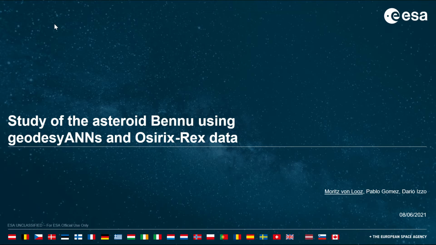I'm presenting joint work with Pablo Gomez and Dario on using GeodesyNETs to study the asteroid Bennu, especially with OSIRIS-REx data. So,